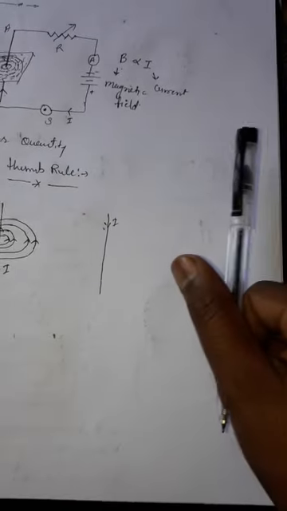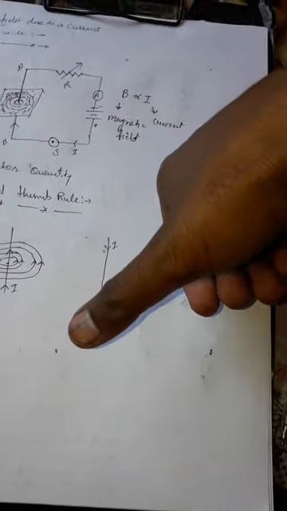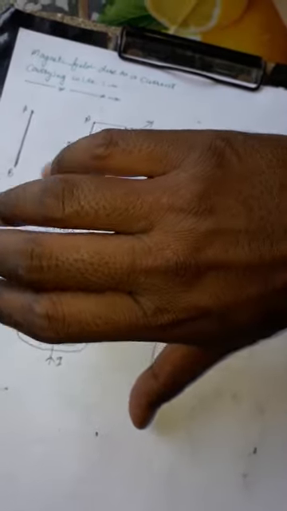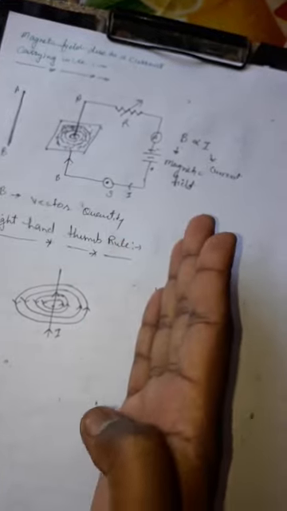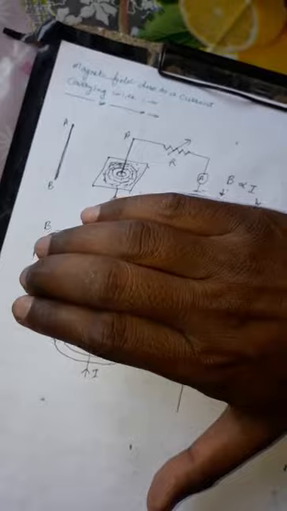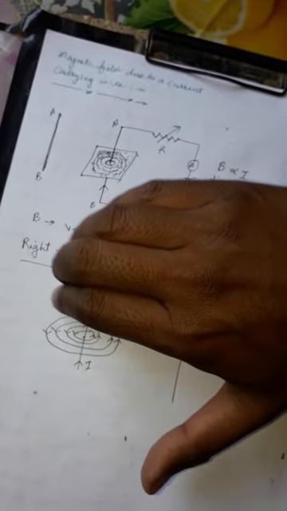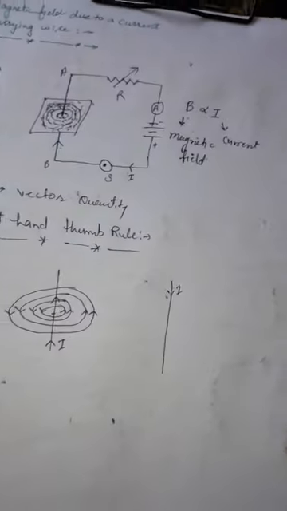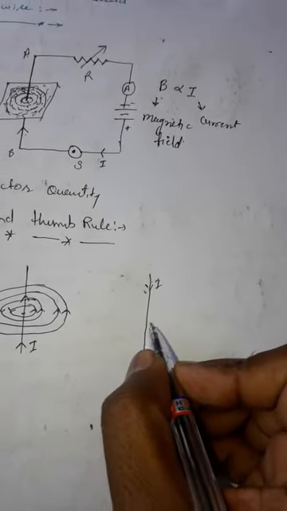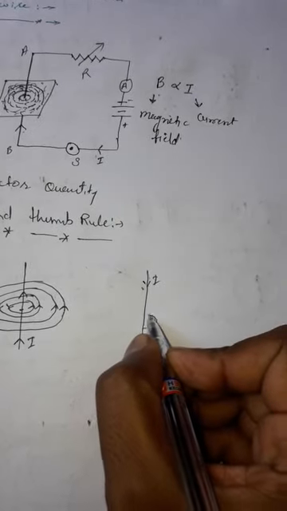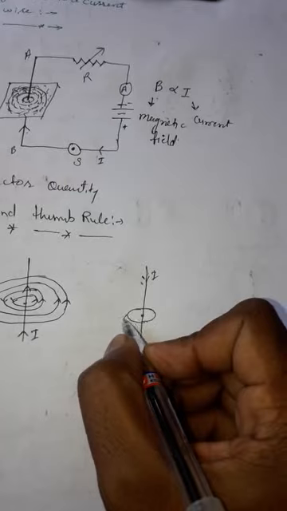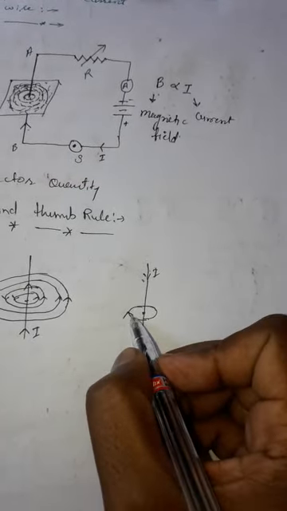Similarly, if we have a wire like this and current is in the downward direction, again using the same rule, our right thumb must be in the downward direction like this, and on the left side of this wire, what will be the direction of the field? It will be inward, perpendicularly inward to the paper. So if these are concentric circles like this, the direction is perpendicularly inward, shown by the arrow.